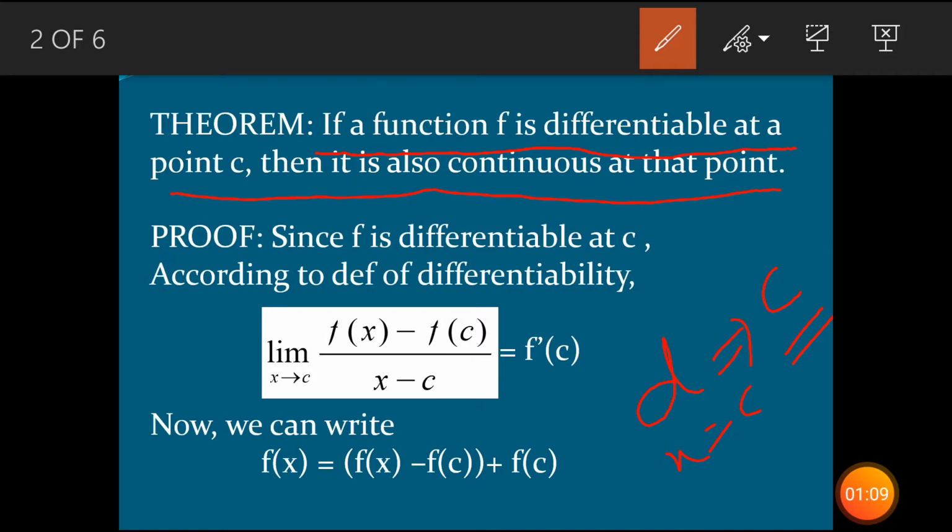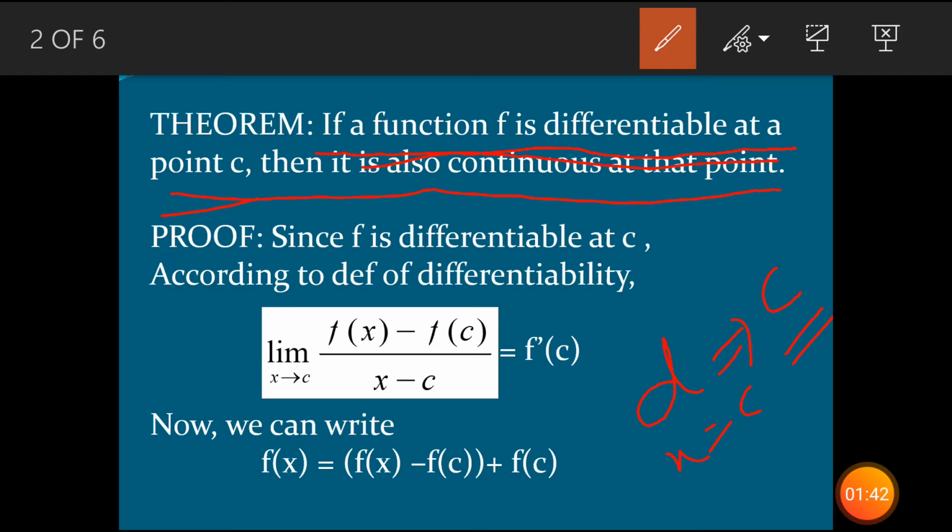So how are we going to prove this theorem? First of all, you see each and every step clearly, and again I'll suggest you keep a copy and pencil with you and write down the steps. So what is given to us? Actually they are saying that the function is differentiable at a point c. We have already discussed the definition of differentiability. If you have not seen that video, then I'm going to send the link in the description box. You can see it.